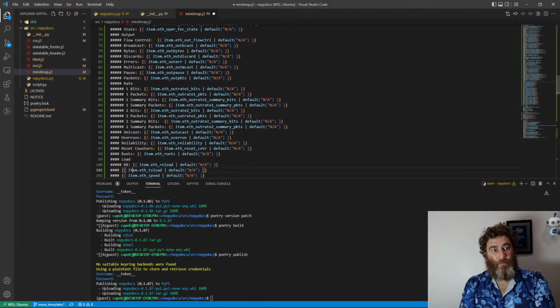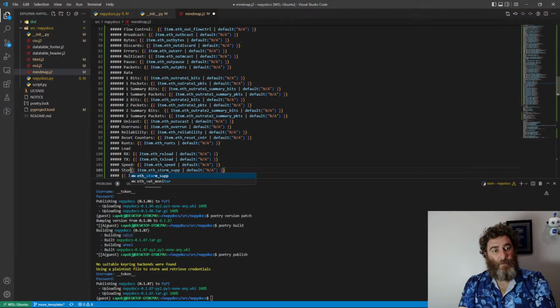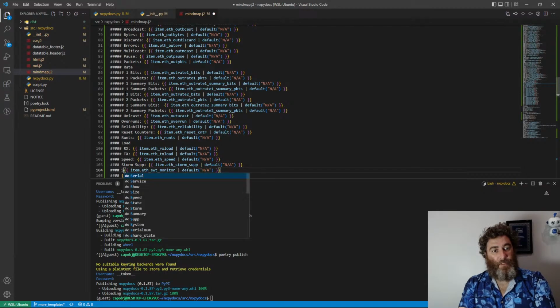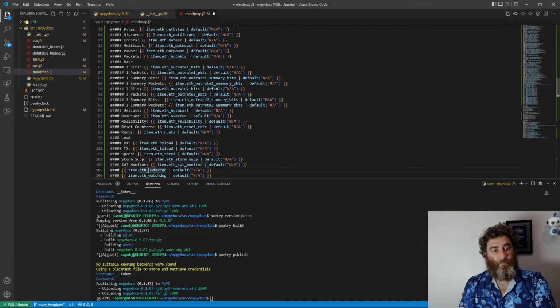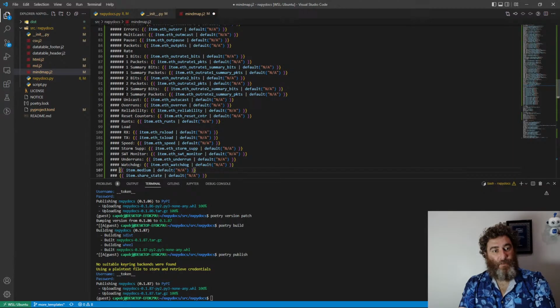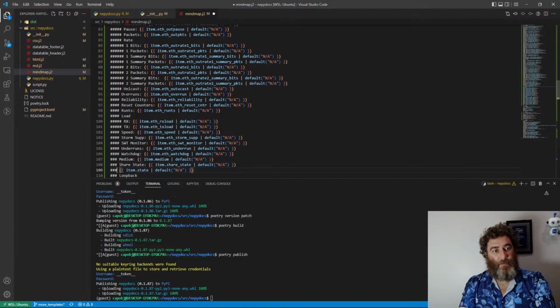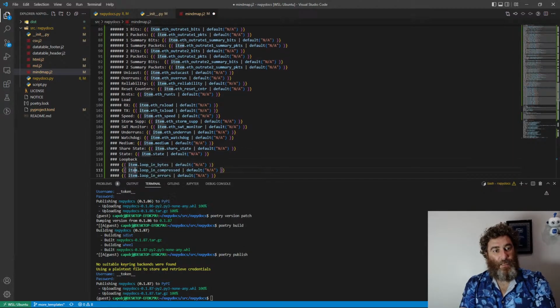rx, tx, speed, storm, SWT monitor, underruns, watchdog, medium, share state, and then under loopback we're going to have